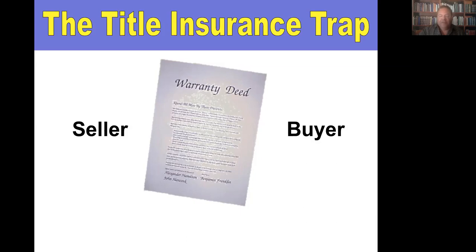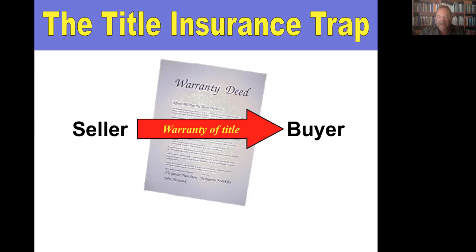So if any of that turns out to be untrue, whether the seller knew it or not, whether the seller caused it or not is irrelevant. The warranty is absolute. It's like a warranty of a product. You don't have to prove the product was intentionally made defective or the manufacturer knew it was defective, just that it was defective. So that's sort of like what we call in the law strict liability. Seller deeds the property and gives a warranty of title to the buyer. Now, the buyer may not accept the risk of getting a warranty from a seller without something to back it up. Like Dewey, they want a pot of gold to collect if the warranty is breached.